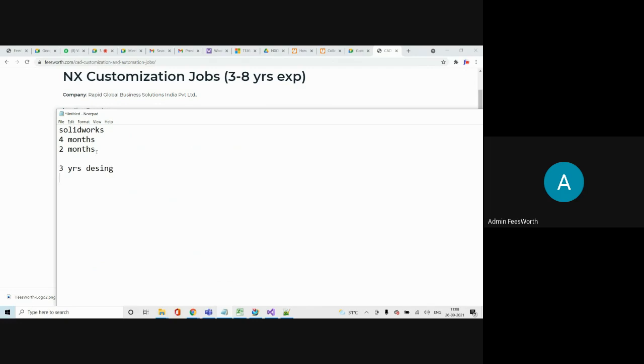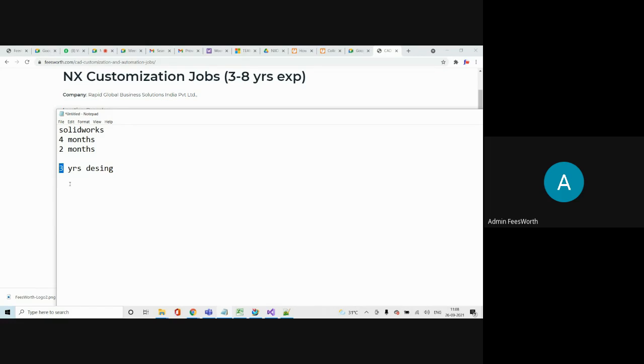If you can spend 6 months or 1 year, anything in between, you can tell in the next interview: I joined 3 years before this company as a design engineer, but out of my own interest, I learned CAD customization for the last 2 years. I learned by myself for 1 year, but to make it more perfect, I joined this institute, so I clarified all my doubts also.